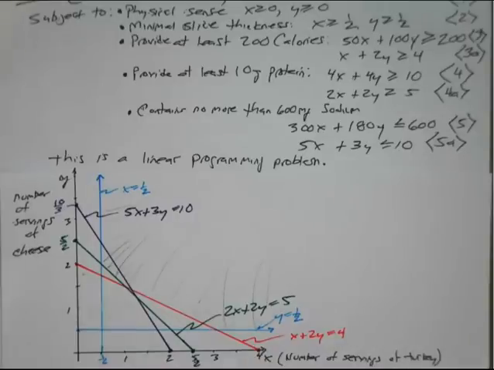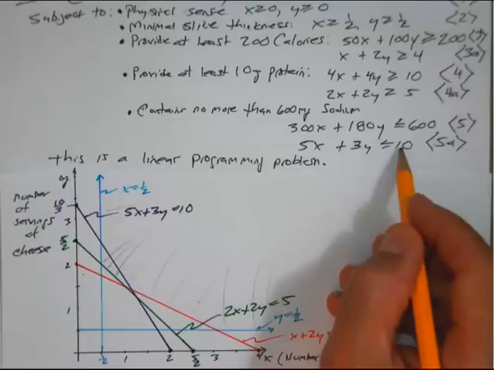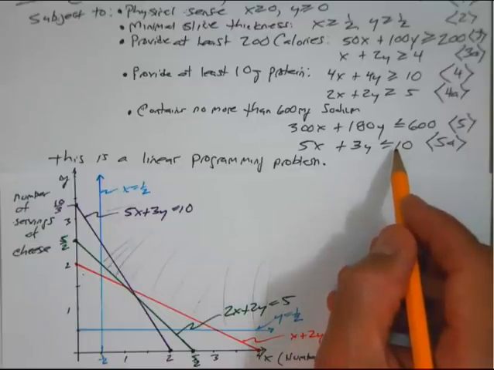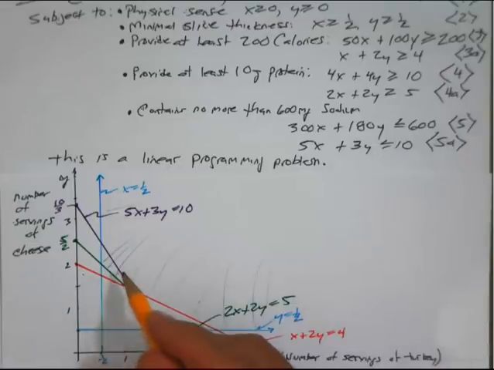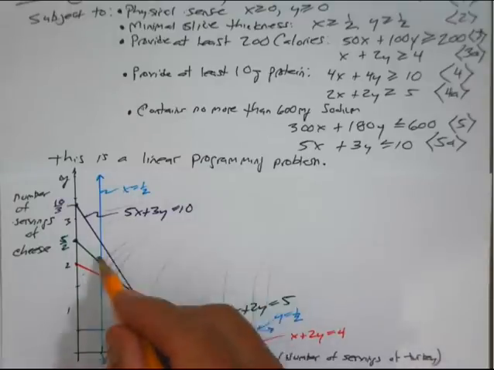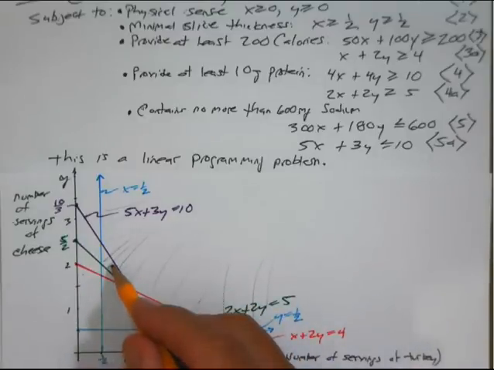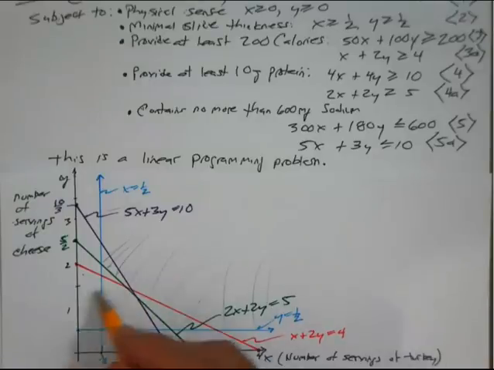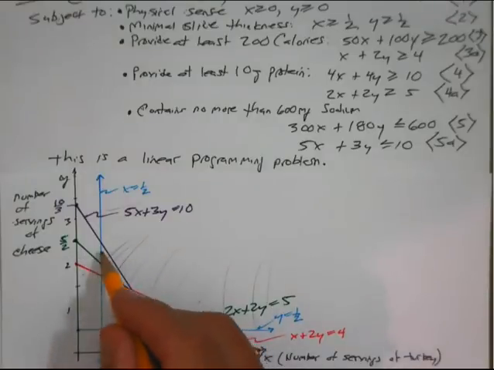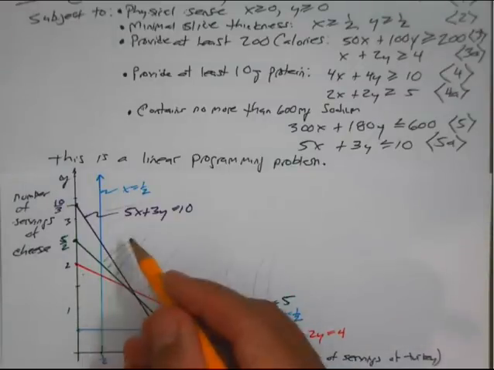Now, the shading. If we put 0, 0 into here, that gives us 0 less than 10, which is true. So now we need to shade the 0, 0 side of the purple line. Be a little careful here. The domain prior to the purple line was everything forward of all these lines here. Now the purple line comes in and it is to be shaded to this side. If we want the overall intersection of this, we need to stay forward of the blue, or maybe I'll say to the right of the blue, the green, and even this little red here, and the origin side of the